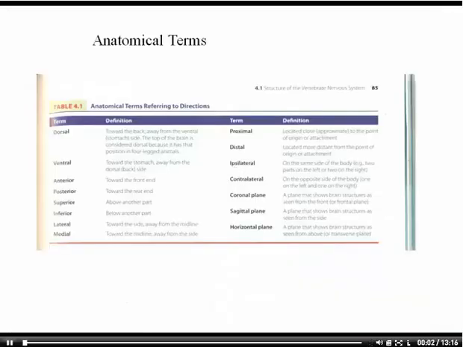So now let's go over anatomical terms. The reason why I think it's important for you to know this is if you even read a basic news article, they'll be throwing around some of these terms. Just like any other hobby or sport or any other area of specialty, neuroscience has its own language. And so these are some of the terms that you would see when you are reading some kind of news